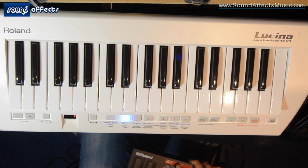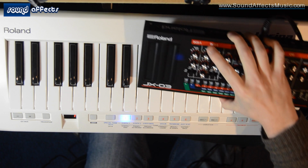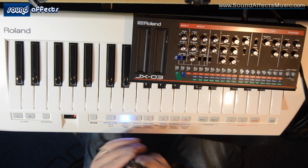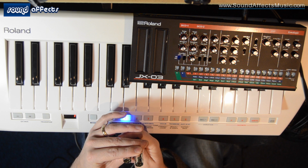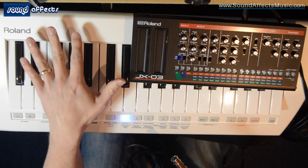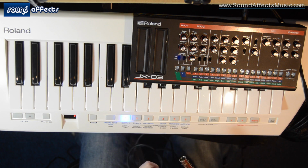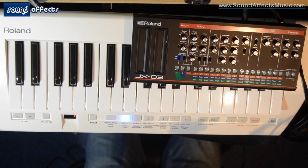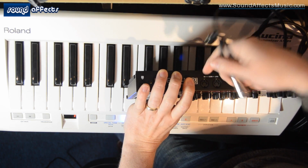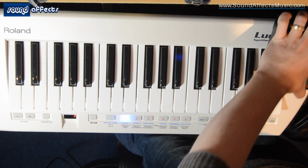So I have the Lucina AX-09 powered up now, and I have my Roland JX-03 there, and what I have here is a normal 5-pin DIN MIDI cable. And what I need to do is make sure that I'm taking the MIDI output from this synthesizer and putting it to the MIDI input of this synthesizer. So let's do that. So I've got the MIDI input here. That plugs into there. And then I've got the MIDI output on my Lucina